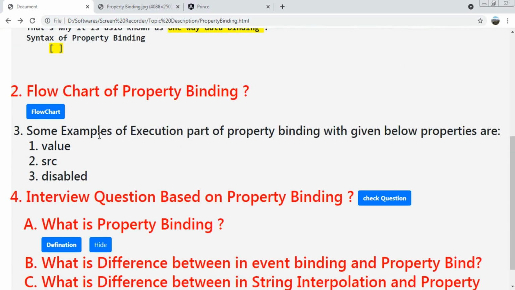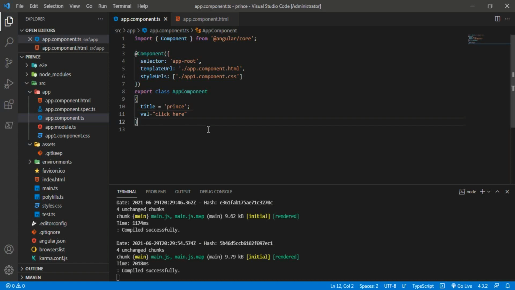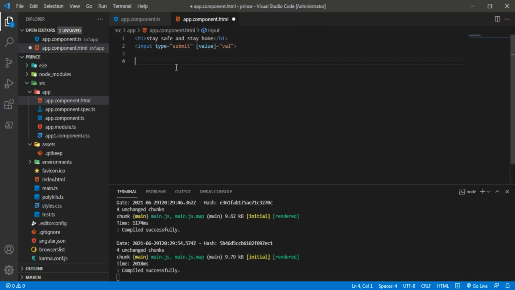Now I will show you example 2 for property binding, which is source. Let's see what it is. Here I will declare an image tag, and I will wrap this source inside square braces.